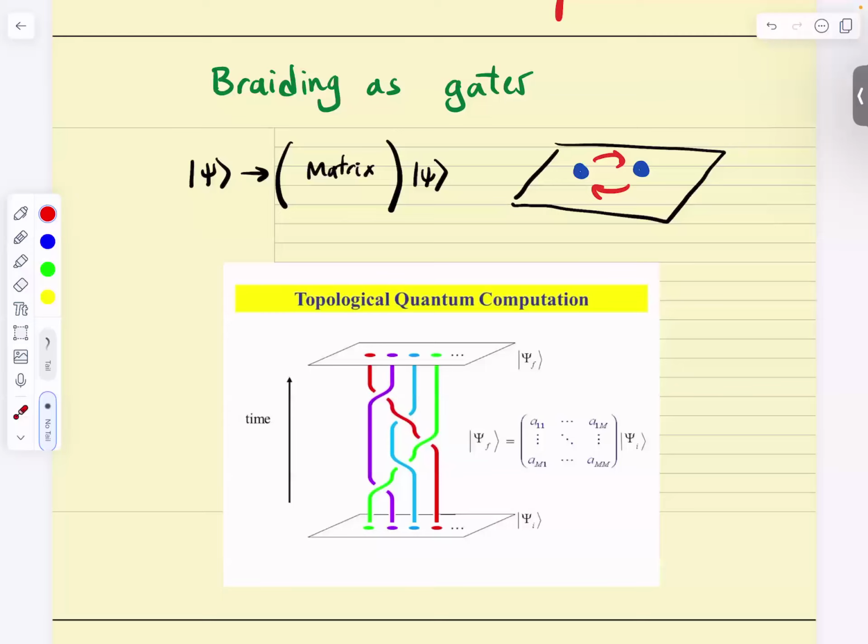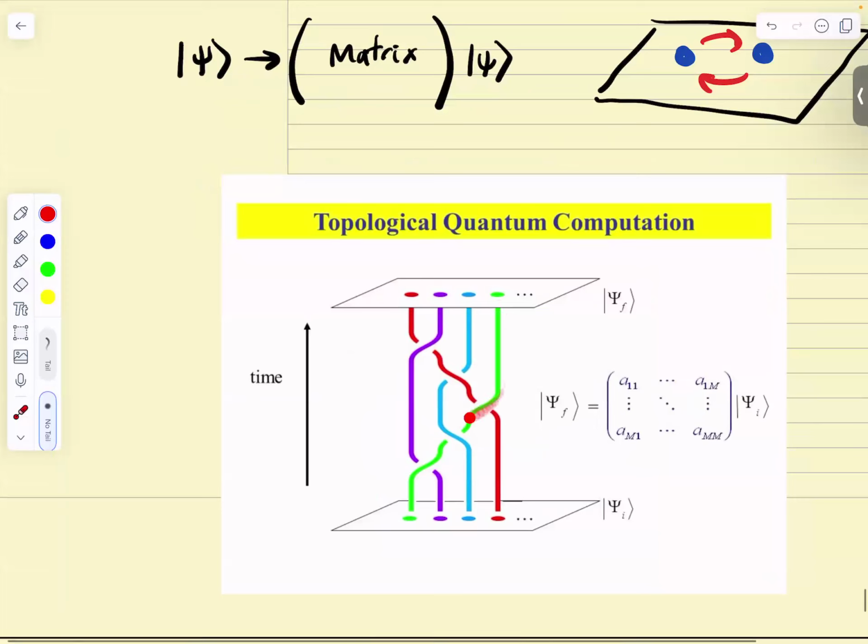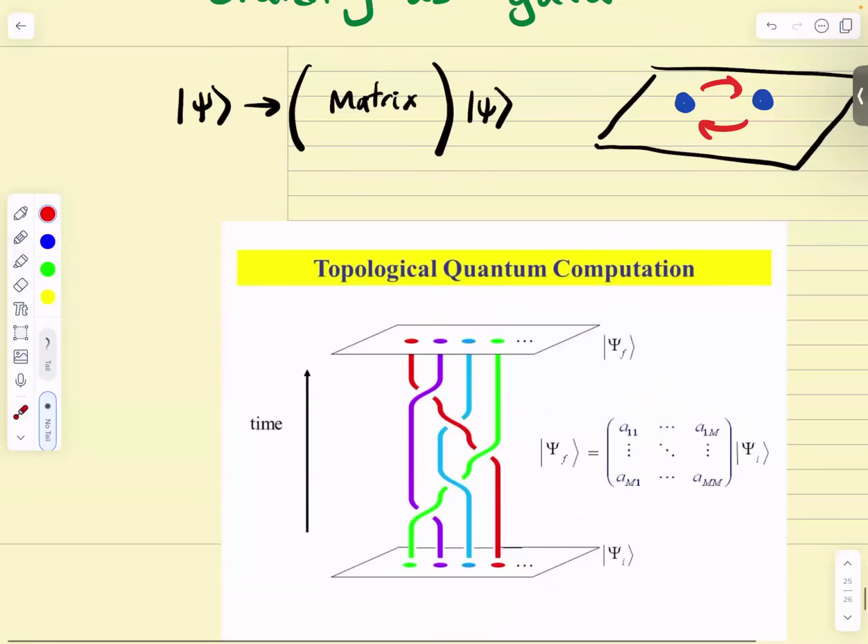Now, what you could do in topological quantum computing is prepare a bunch of these, and your logical gates are these matrices. You keep swapping them, and you build a quantum computer by braiding these lines. Just rotate them, move them. That's what your topological quantum computer is. Now, let me tell you why this is brilliant. If I want to apply a matrix, that is my gate, I'm going to prepare an electron there and an electron here, right?